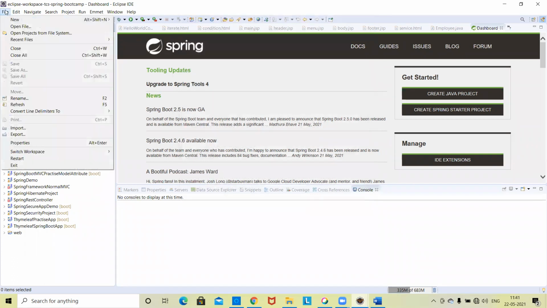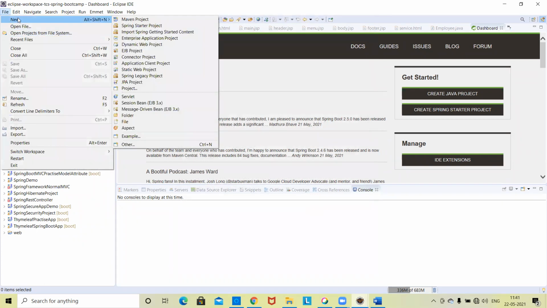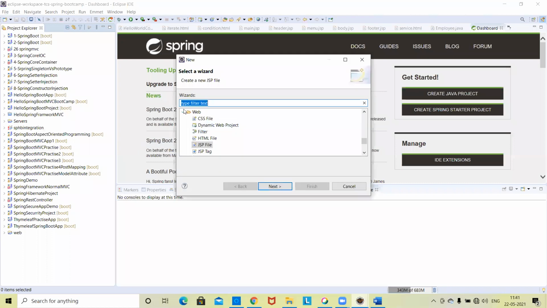First, go to File, click on New, then click on Other. Just notice, all of you write these steps. Click on Other, and in Other you will notice here there is Spring Boot. In Spring Boot you will find the Spring Starter project. Is it clear to everybody? Yes, sir.